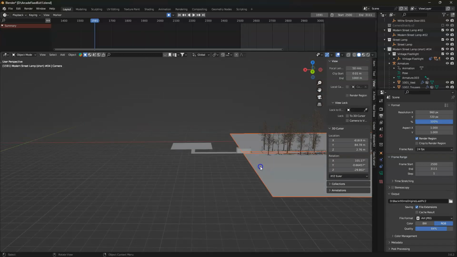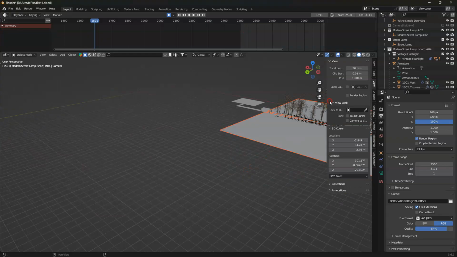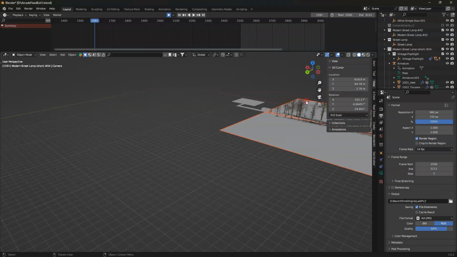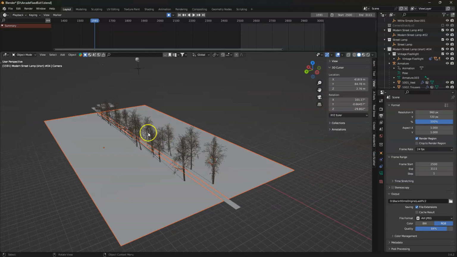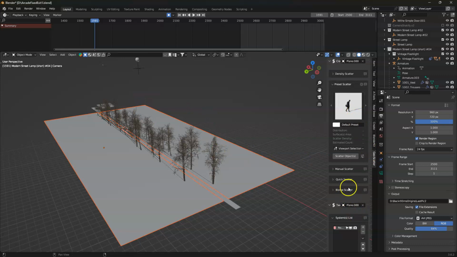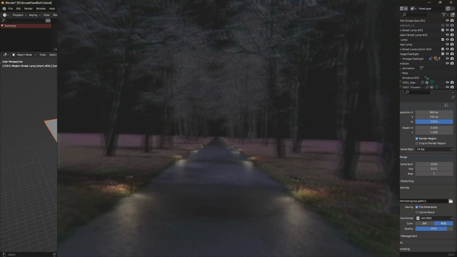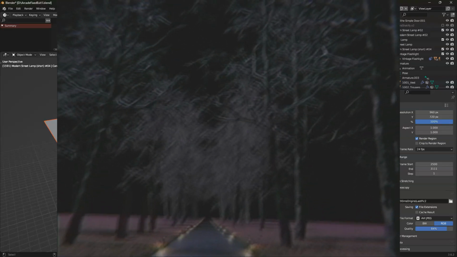I added in a plane, as you can see right here. I swear my navigation is just a little bit off here. This plane is actually using the Geoscatter add-on, and I just added in the lavender, the purple plants or whatever. Maybe I can find a render example here. But as he's walking out,